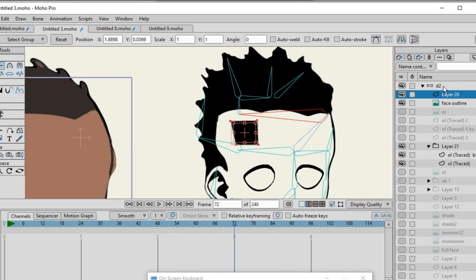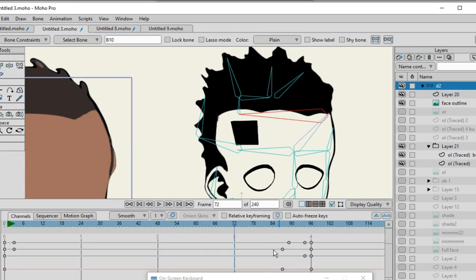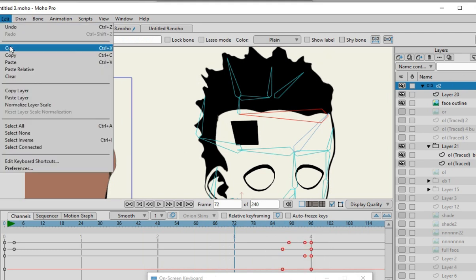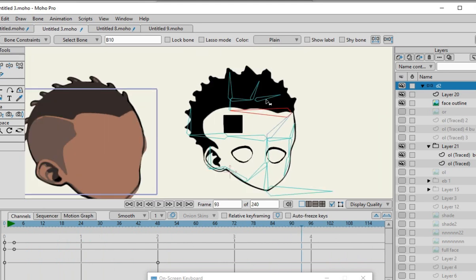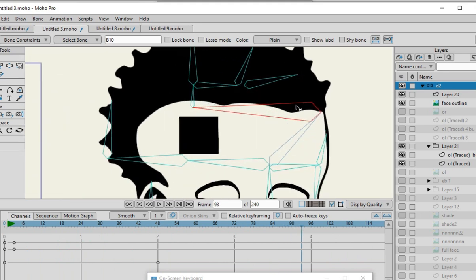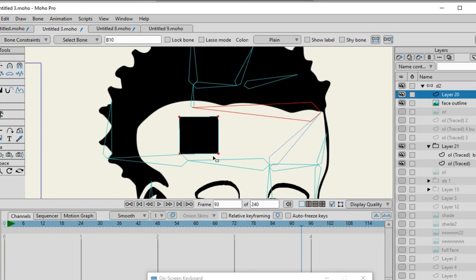Right there, so everything should stop. So we're going to change that a little bit. There we go. So if we're moving these eyes forward, if you have this hair set up at the top,